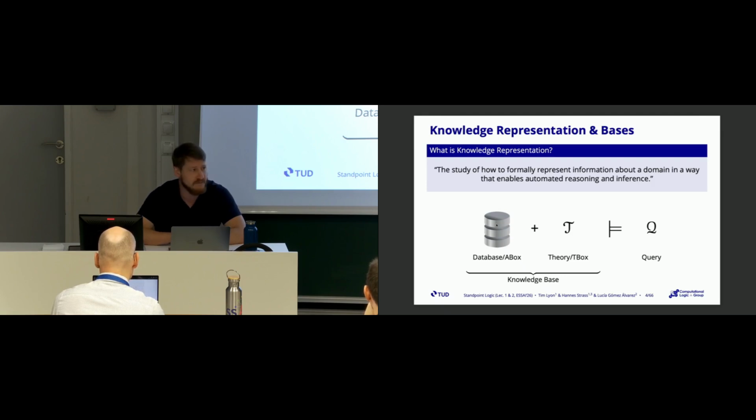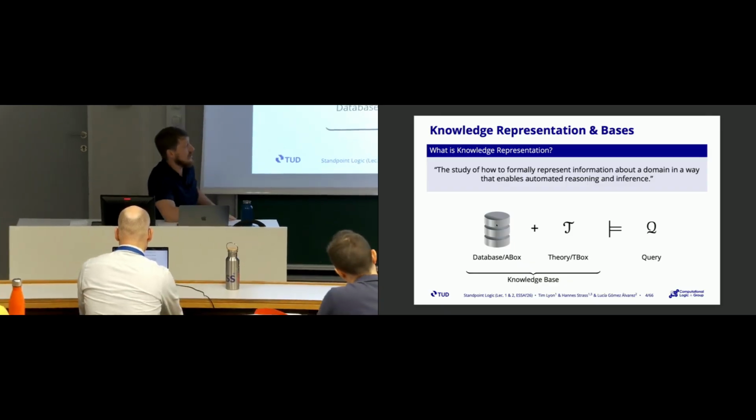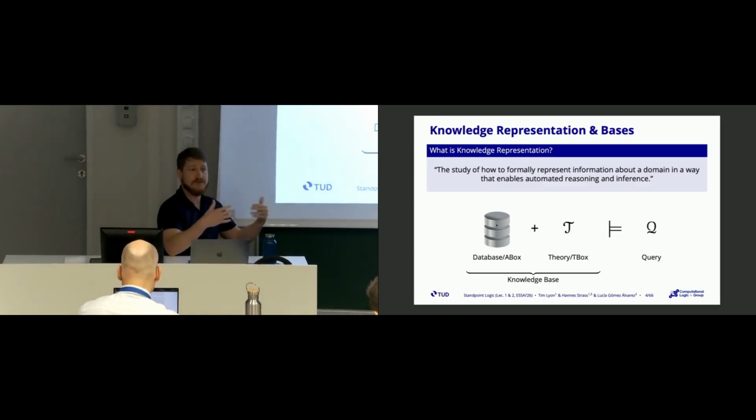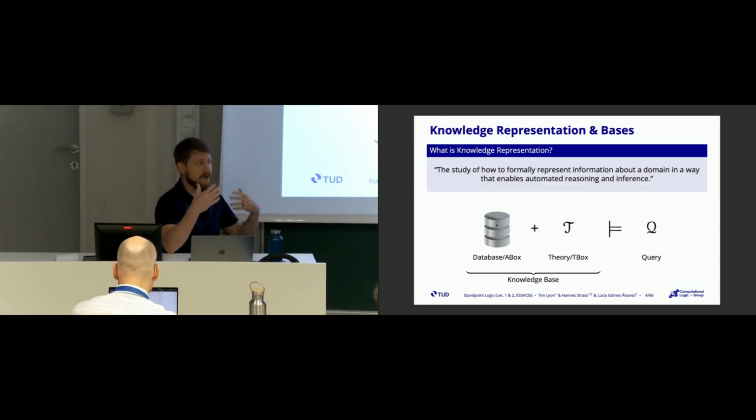So if you've ever studied first-order logic before, essentially the A box contains atomic formulae. So this contains things that express that objects stand in relations to each other or satisfy certain properties. For instance, if we were creating a knowledge base for a university, the A box might contain information on the students. So it might say person X is a student, person X has student ID number N, person X is taking class C, and so forth. Right? So this is the kind of information that's in the A box. I'll be giving an example of a knowledge base on the next slide, by the way, to make this very